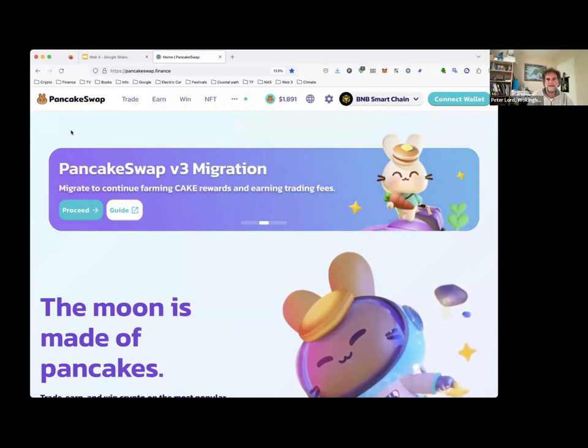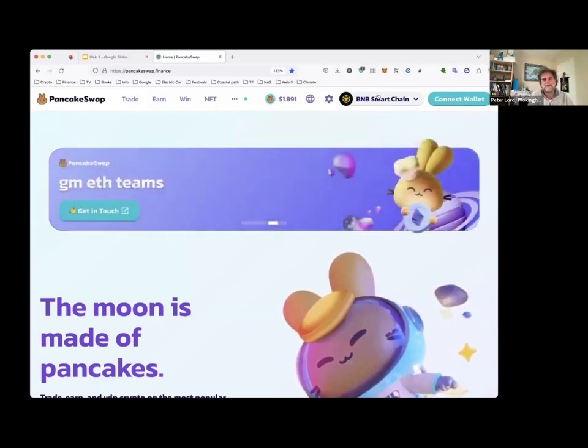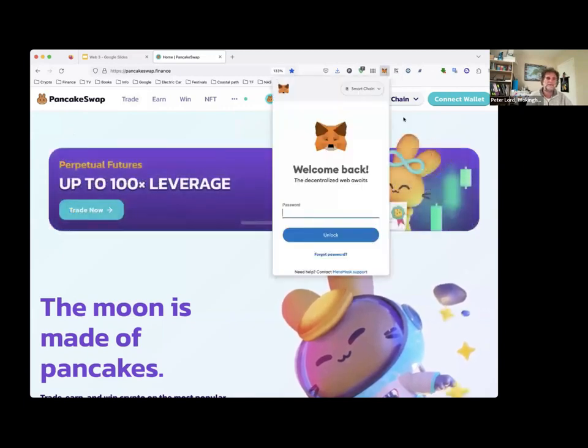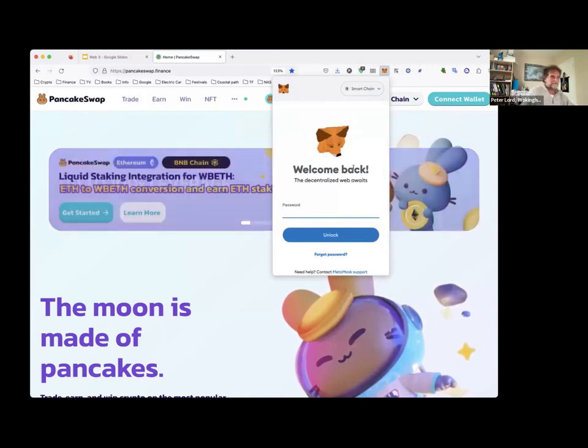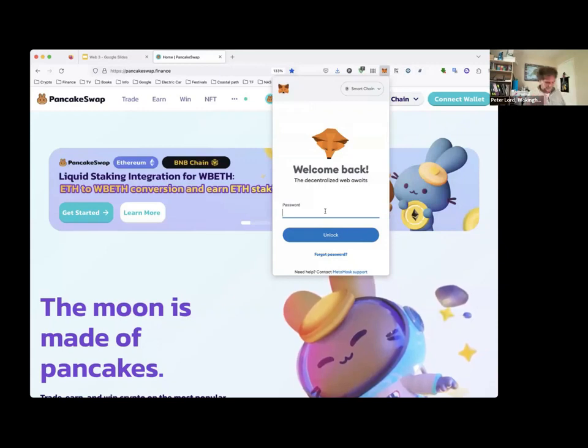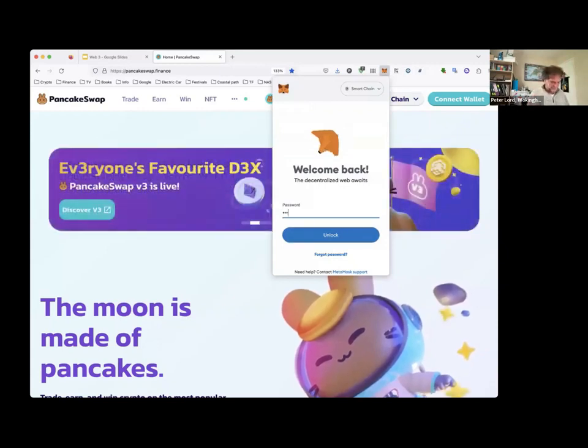So what else have we got here? You can hopefully see in my browser I've got my wallet. There it is, MetaMask. This is my wallet. It does this nice little thing here, which I've got to show you, it follows the mouse around. Now I can unlock my wallet with my secret,